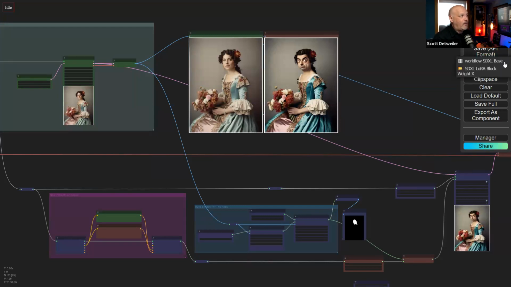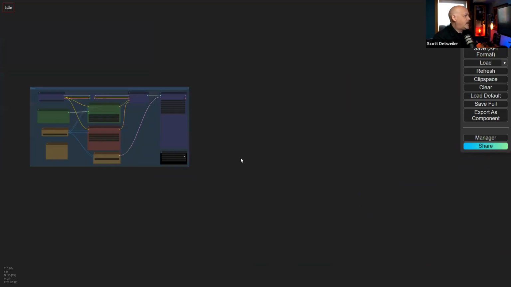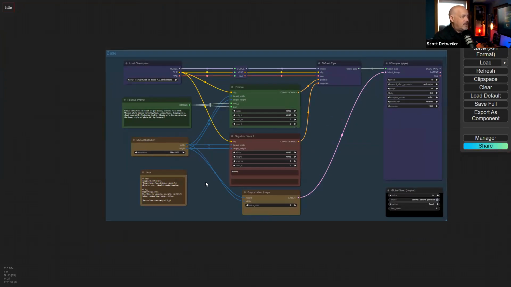And in fact, we have different ones here. You can create different workflows. So if you say, well, today I want to work on the SDXL code base, here's the SDXL code base. This one is a little bit different than the one I was showing because it uses two different clip models. We use a G and an L. One's more of a linguistic positive, and the other one would be more of an artistic positive, is the way you look at it, because we can break it up like that. SDXL contains both clip, so we can use it that way if we want to. Or you saw in the example that I had, I did not use it that way because it didn't really need it for that. So yeah, there you go.